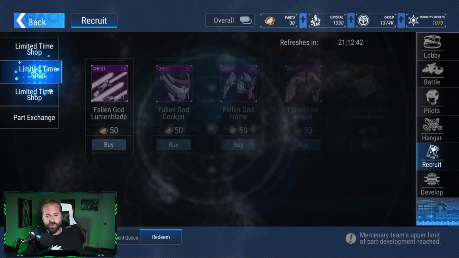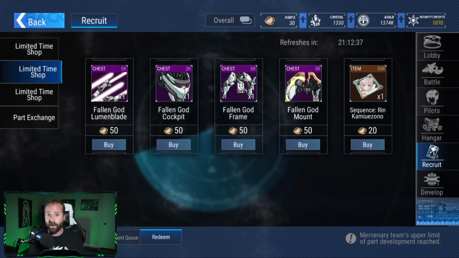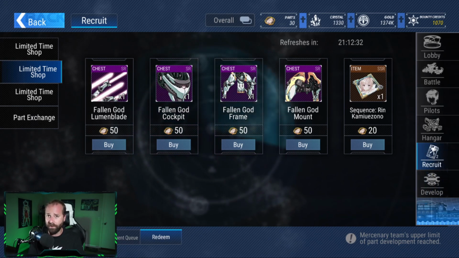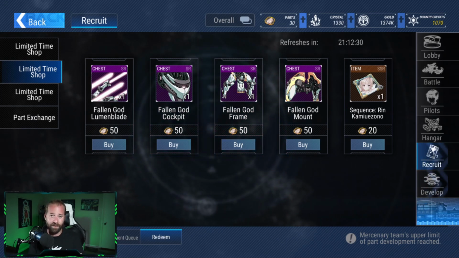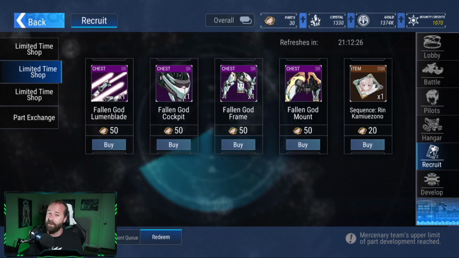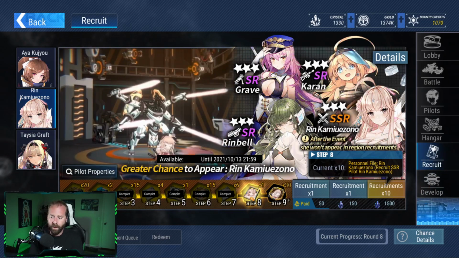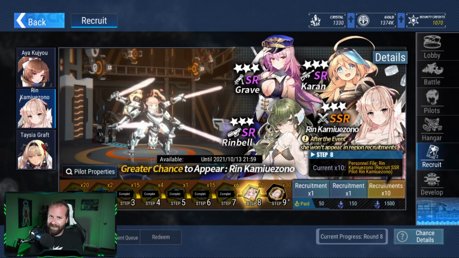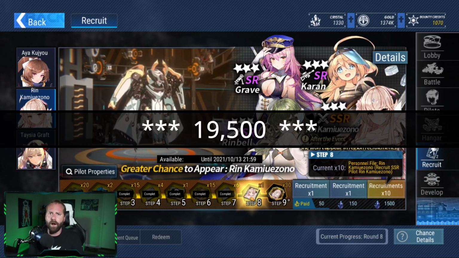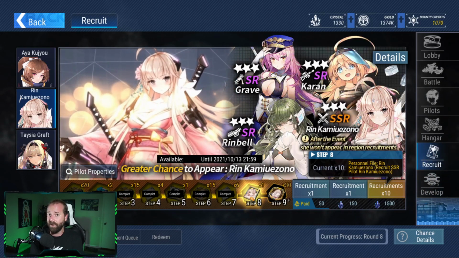So when you look at the shop, you can see that each part is going to cost 50 of the currency of whatever banner that you're trying to do. You need 200 currency. This is the number that you need to understand, because if you can't get 200, you're not going to get all of the mech parts. So all in all, doing a quick bit of math for you, you're going to need about 19 to 20,000 crystals. I think it's 19,000